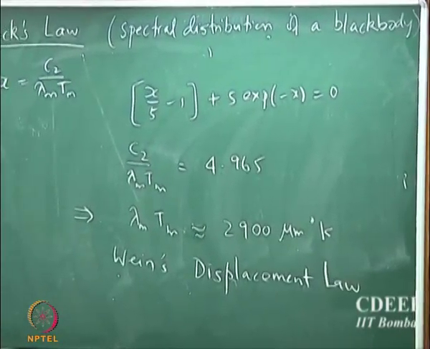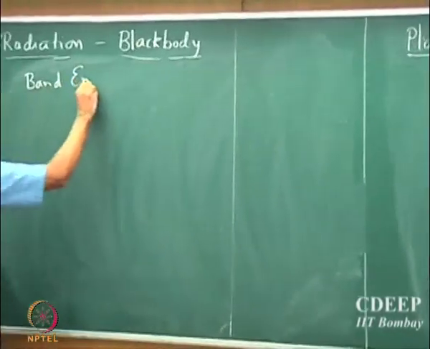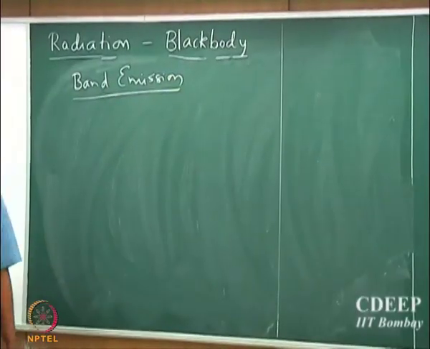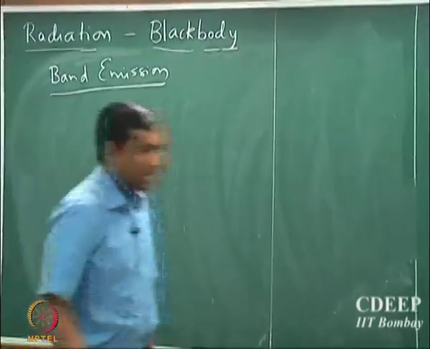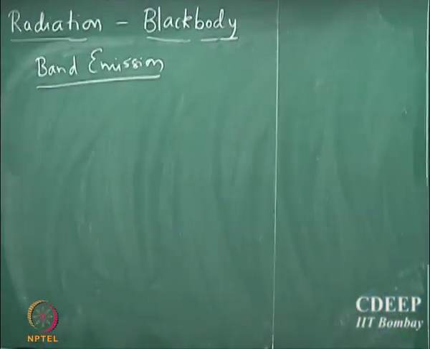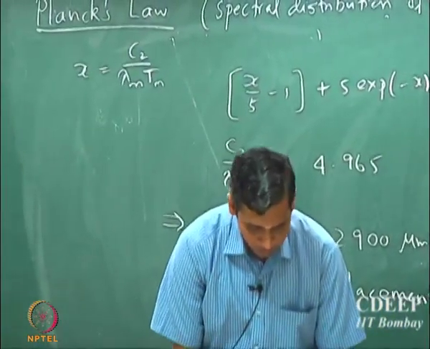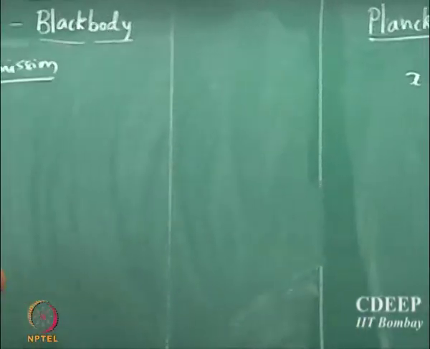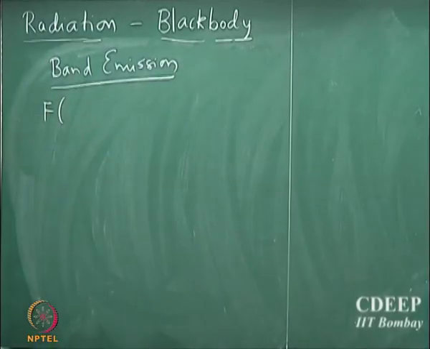Once again, a little bit of definition here. It's something called band emission. This is useful particularly when you are solving problems, otherwise in my opinion I do not see much use for this band emission concept, but you should know this because it is useful in solving some problems in the exam, etc. So, what it tries to answer is to define a quantity called F, which is the fraction